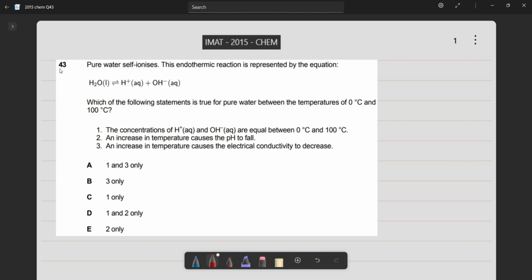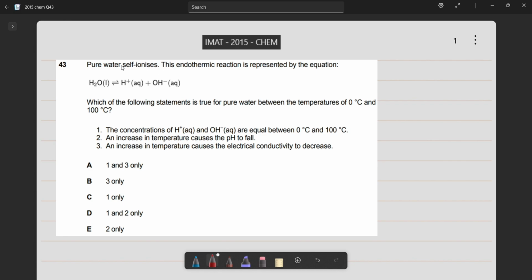Okay, welcome back. So this is chemistry question 43 from the IMAT 2015 past paper. So I'll be answering this question. The question says pure water self-ionizes. This endothermic reaction is represented by the equation that we're given here, which is a chemical equation. So we see that the water molecule itself dissociates into ions, which are a hydrogen ion and OH minus, hydroxide